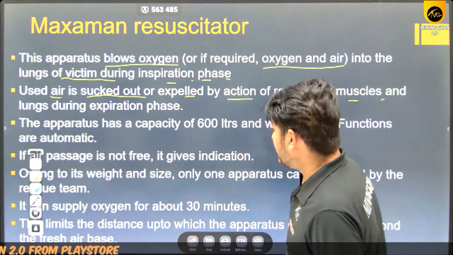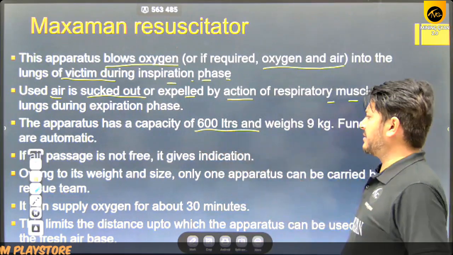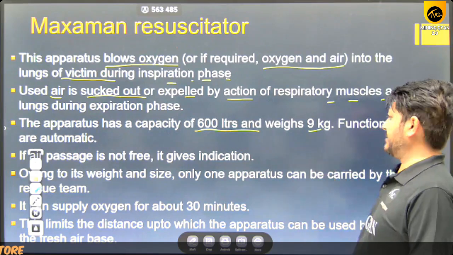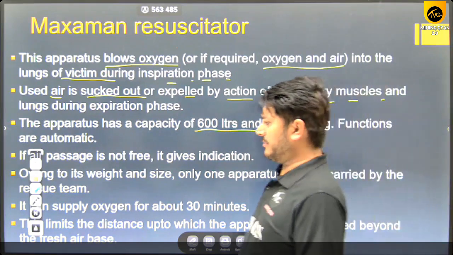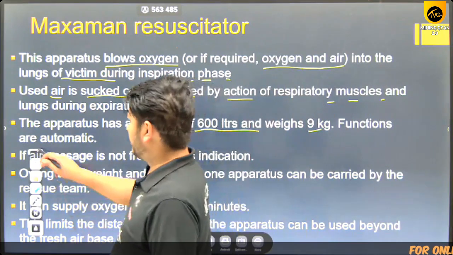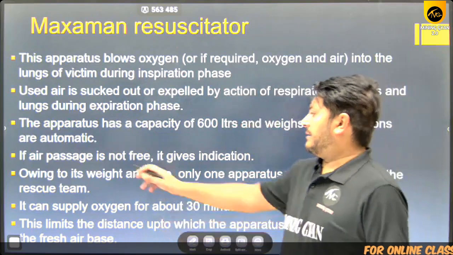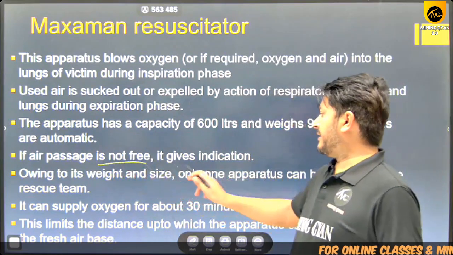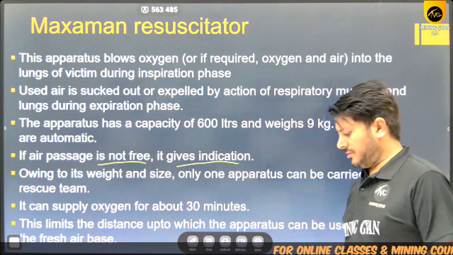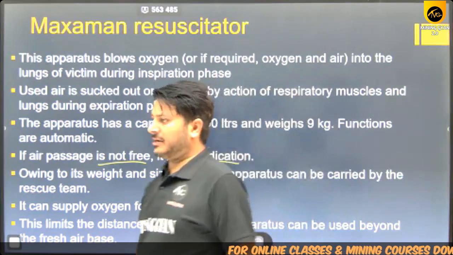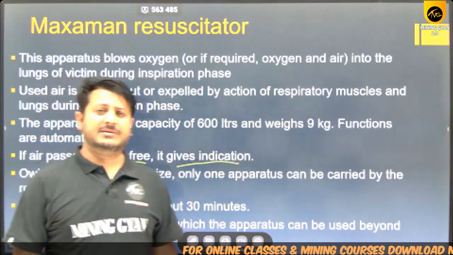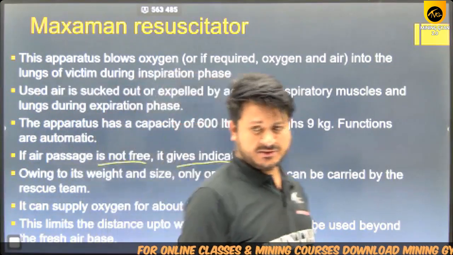The apparatus has a capacity of 600 liters and its weight is 9 kg, and its functions are automatic. It automatically functions, and if the air passage is not free, it gives an indication also, because in a pulmonary device it is compulsory for us to continuously